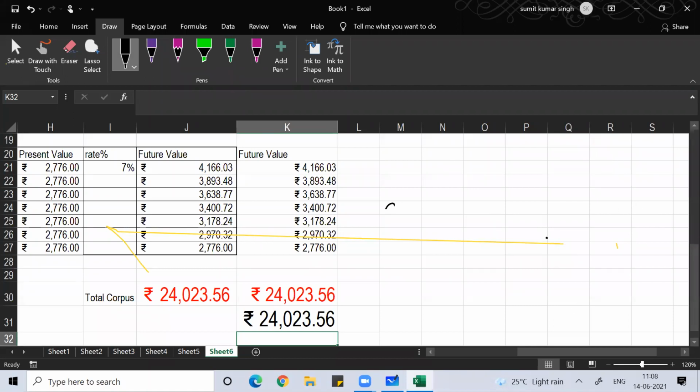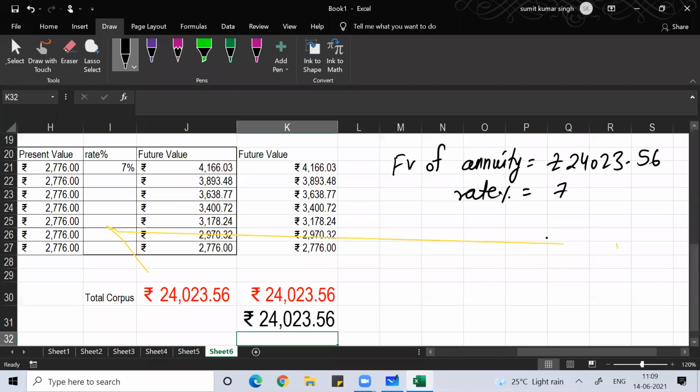Guys, if I ask you the reverse question, that my future value of annuity is 24,023.56 rupees, my rate of interest is 7% per annum, and my time is 7 years, so what should be the value of annuity?